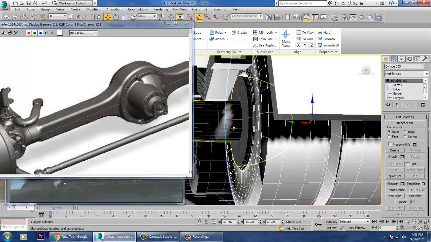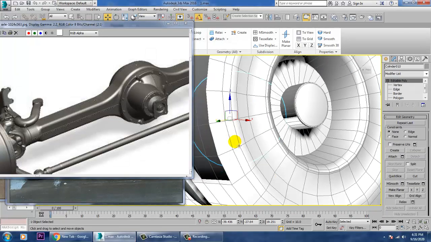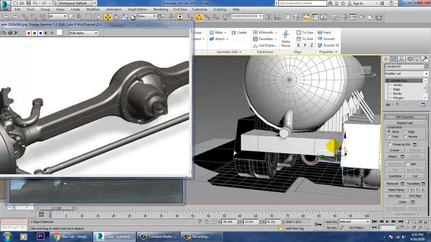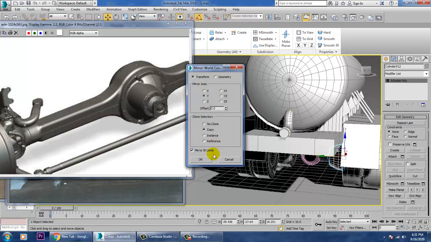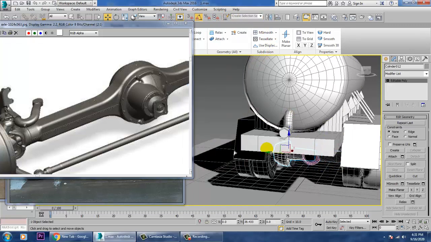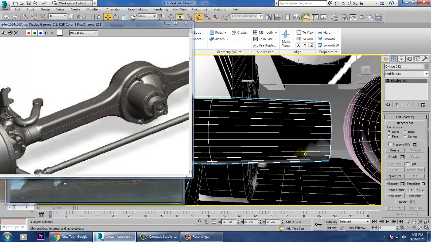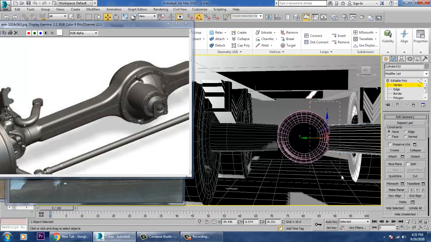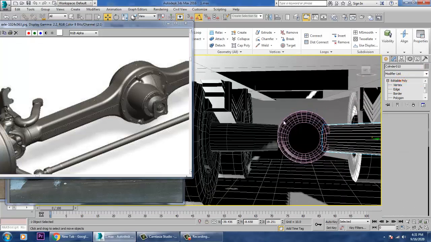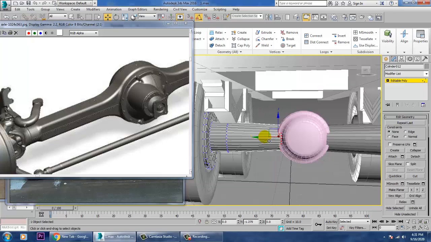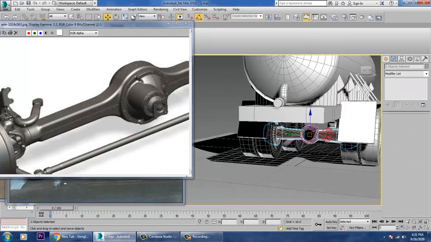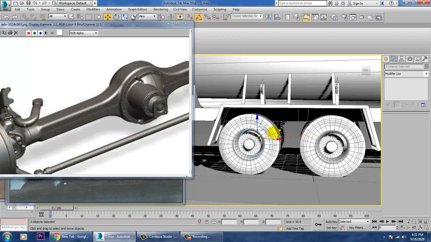So just select this part and let's give a mirror. Save your file first and let's give a mirror in the Y axis. That's it. Make sure you push this at the center of it. That would be much better. This part and this part definitely will control this.